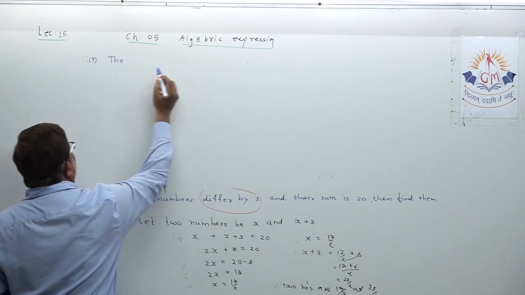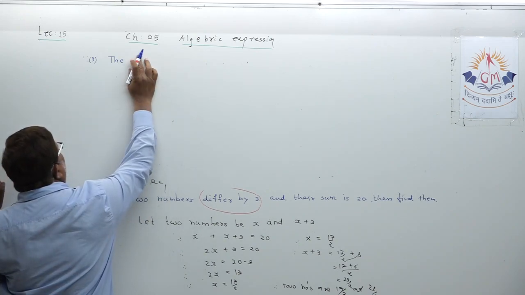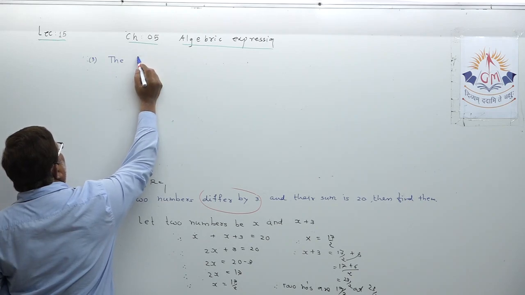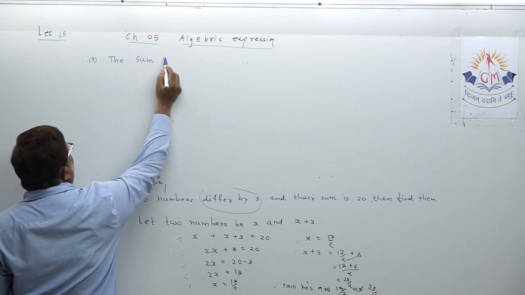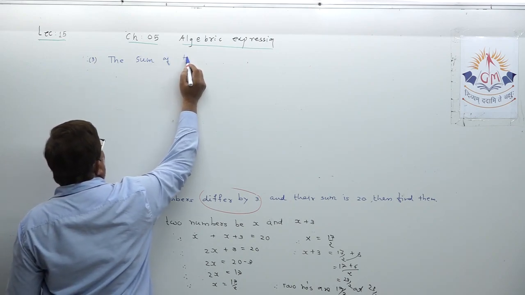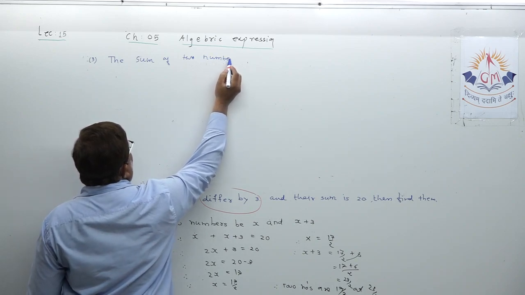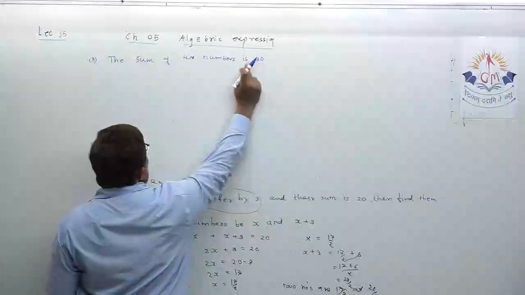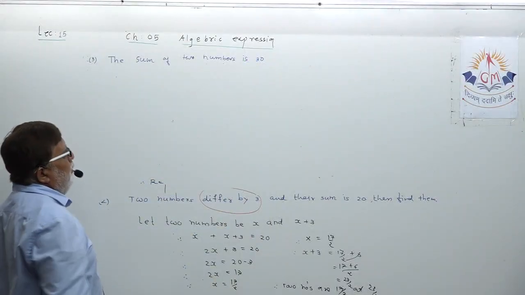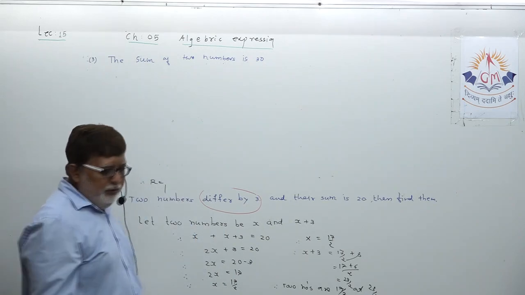Note down the sum of two numbers. Sum of two numbers is 30